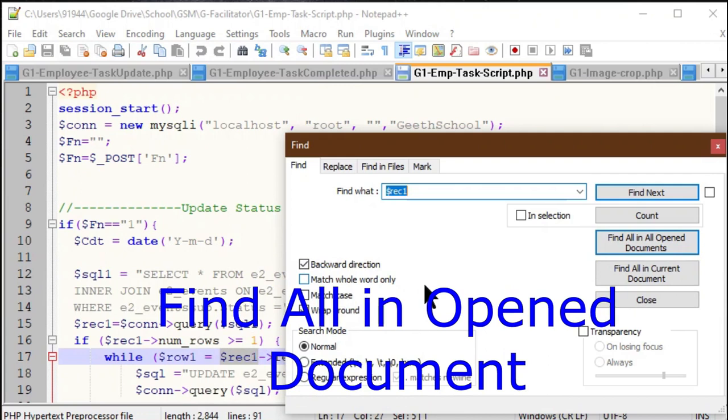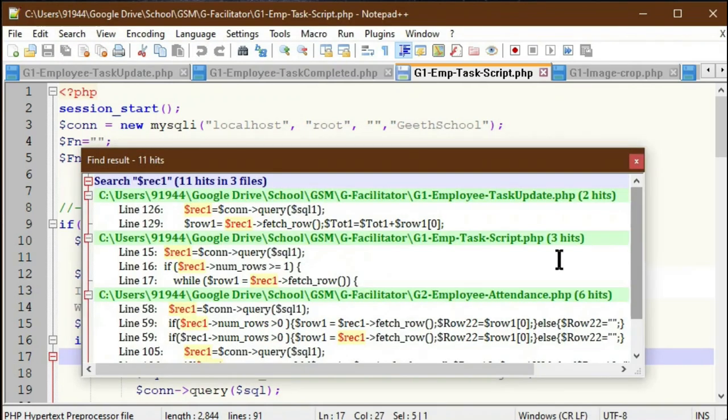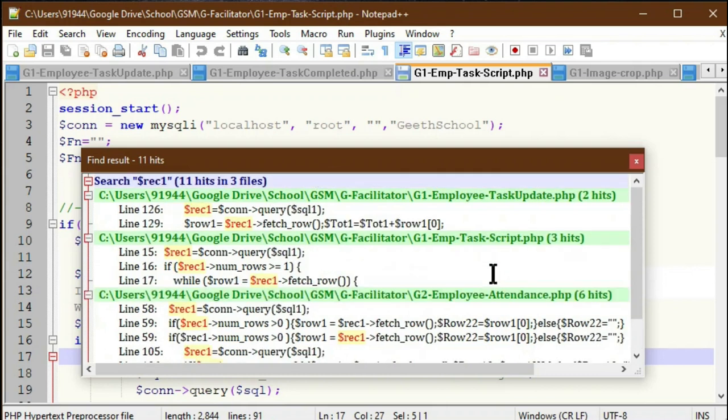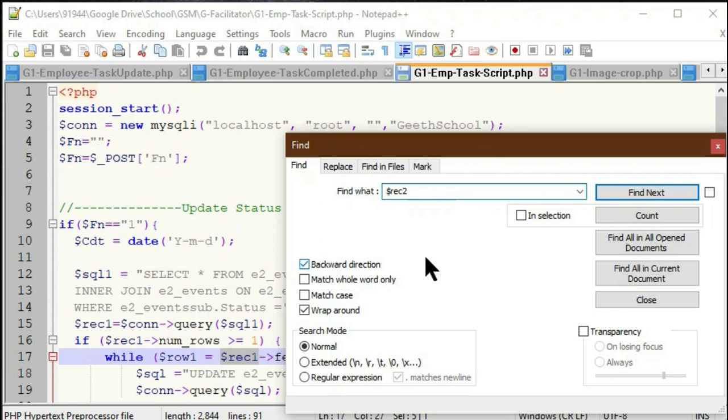Now I have entered one word, record 1, and I am clicking Find All in Open Documents. You see, it will open a separate window called the Find result window. In the same way, suppose I am searching one more word. Now I have changed my search word to record 2 and clicked Find All in Open Documents.